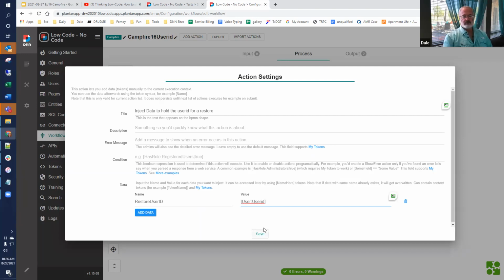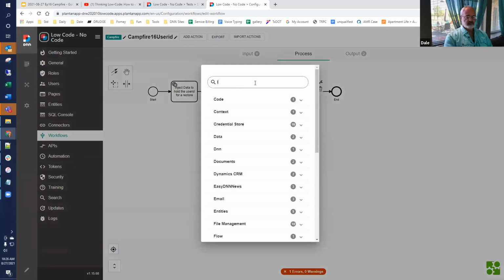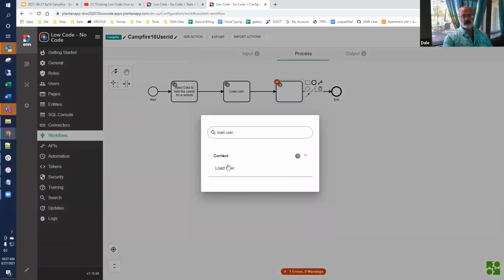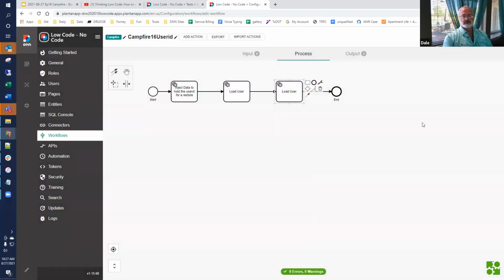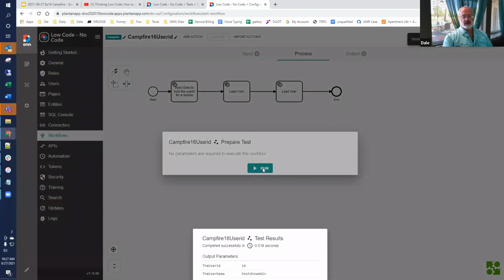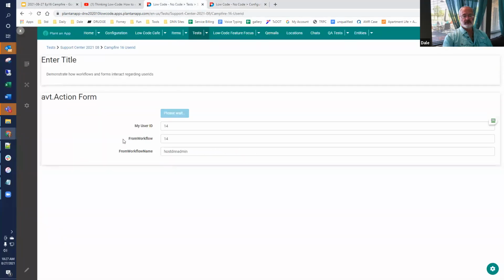Whatever comes into us, then we can use this to set it back. So we know that this load user has elevated for a period of time, and then we'll load user again and restore back to the user ID we saved on the way in. So now when we save and test, it elevates it, but also puts it back where we came from. And so if we submit on this one, it puts it back.